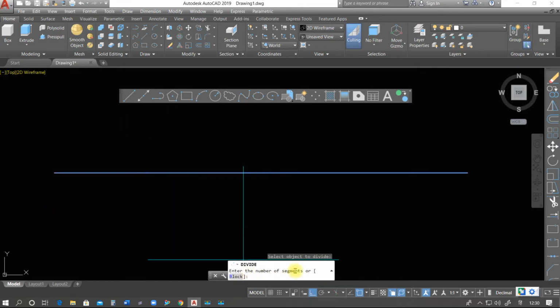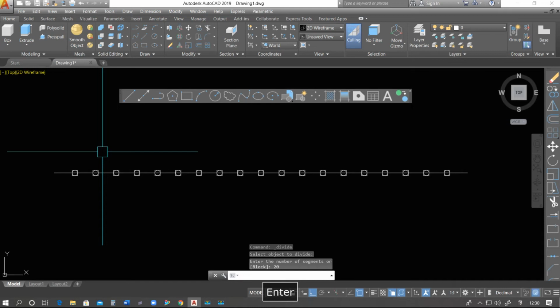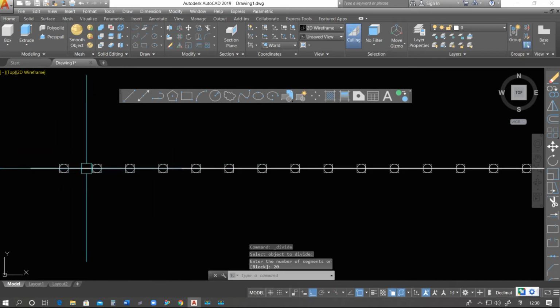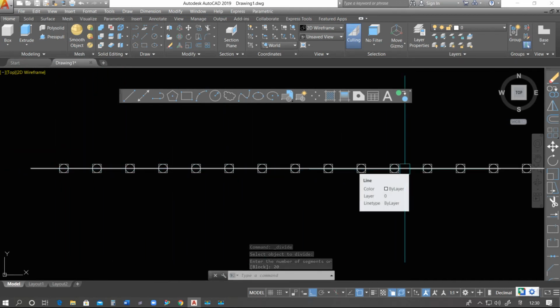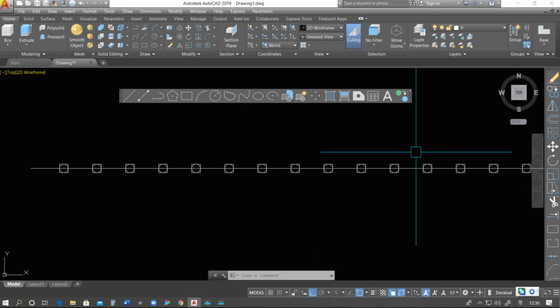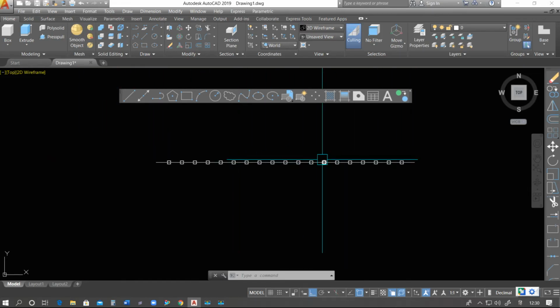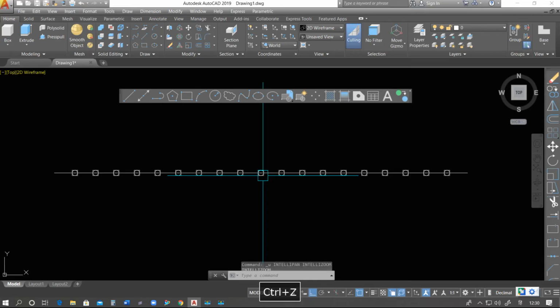Now enter the number of segments, how many points we want. I'm saying that it should be 20. See, so we can see that we have 20 points. It has adjusted in this line, it has divided. Okay, the next option we have,